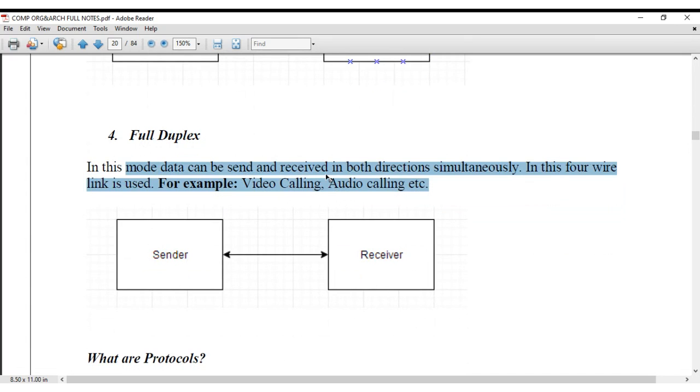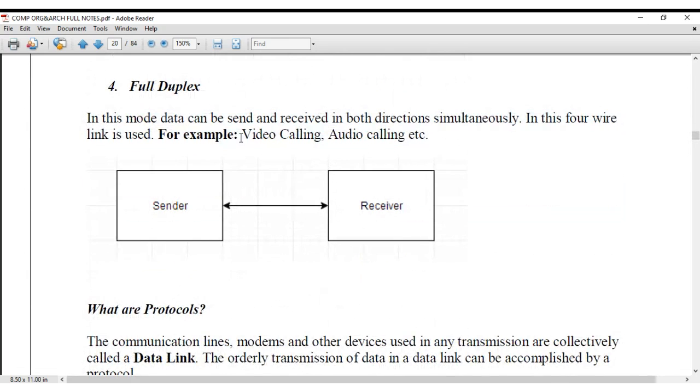And also for other examples like video calling, right? Video calling. So that was audio calling. Now we have video calling, or even video conferencing. You are able to meet other people via channels like Zoom,